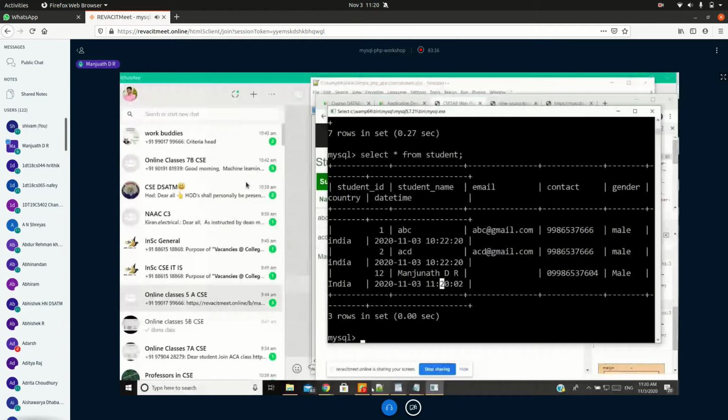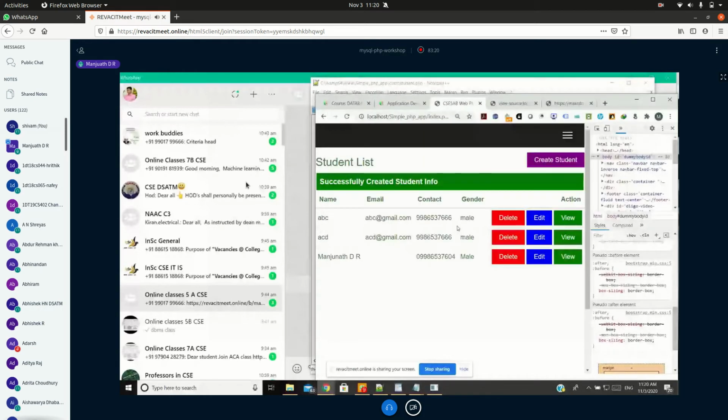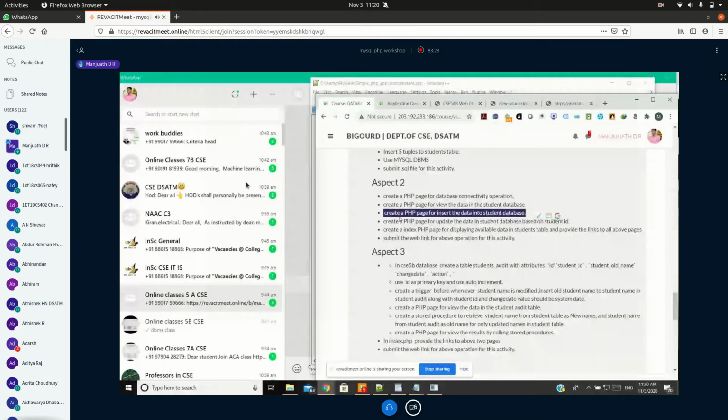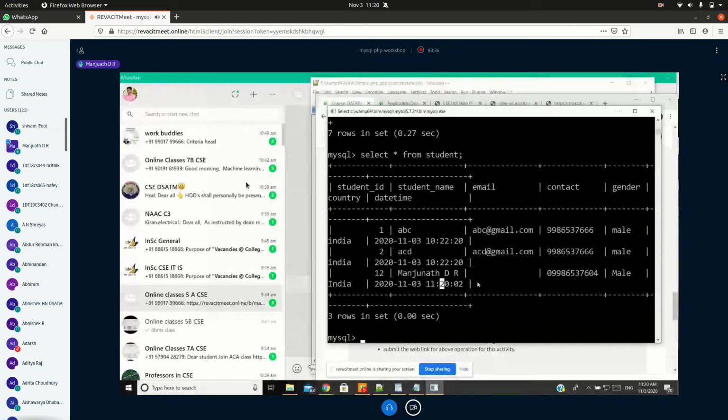So I have done a modification in my front end that actually reflected into the back end. You can check it out now. So everything we got it. Okay, we completed even this aspect also now. We have created a page and inserted data directly from the front end, and it's reflected in the back end also. We have checked it working perfectly.